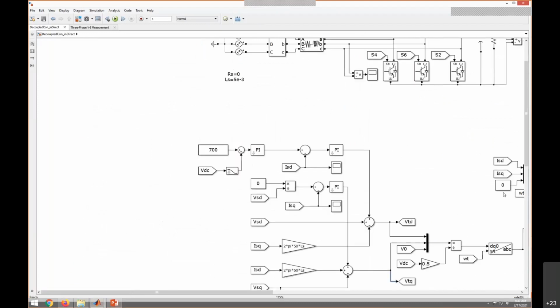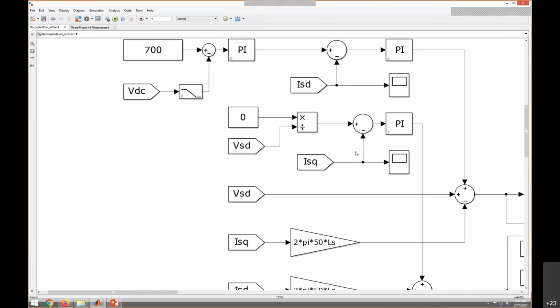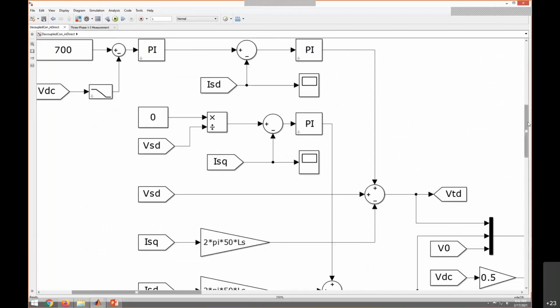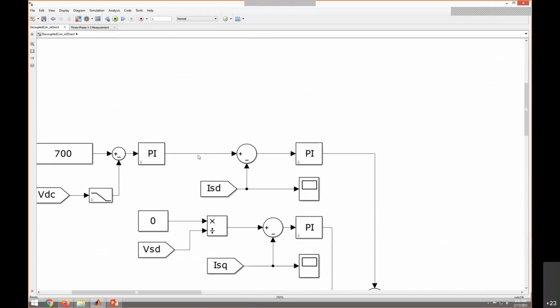Again, this ISD and ISQ, you need to use here. So where we have to use this ISD and ISQ is in reference current generation, right? So this is ISD star, okay, and this is ISD, and this is ISQ star. So this one is ISQ star, and this is ISQ. So here we need to use this ISD and ISQ. Earlier, from the ABC to DQ transformation, we obtained this ISD and ISQ. So now we are indirectly obtaining them from inverter voltages or from grid voltages.